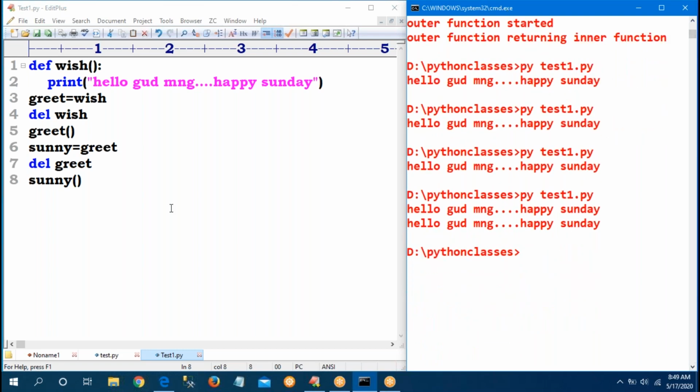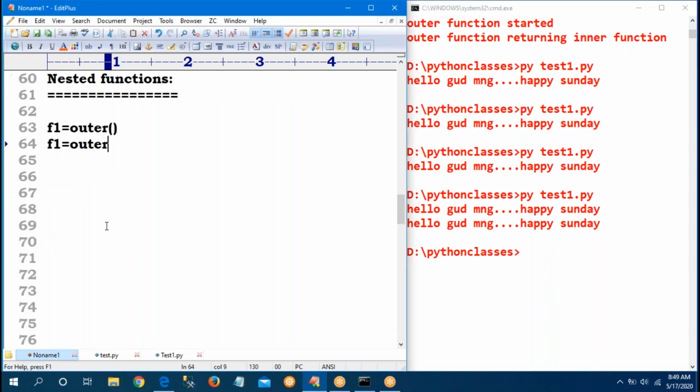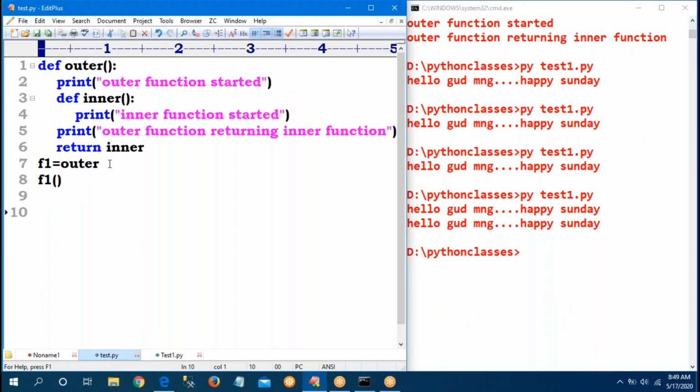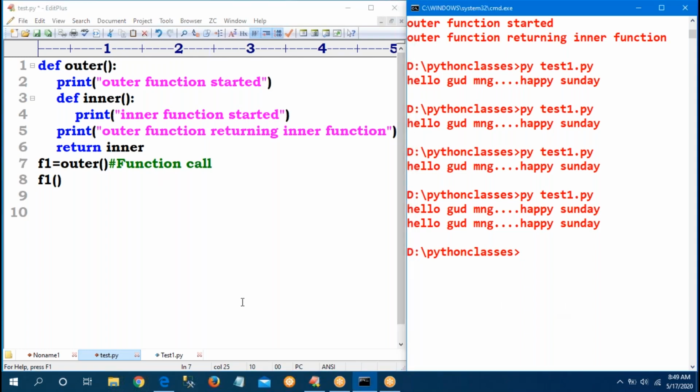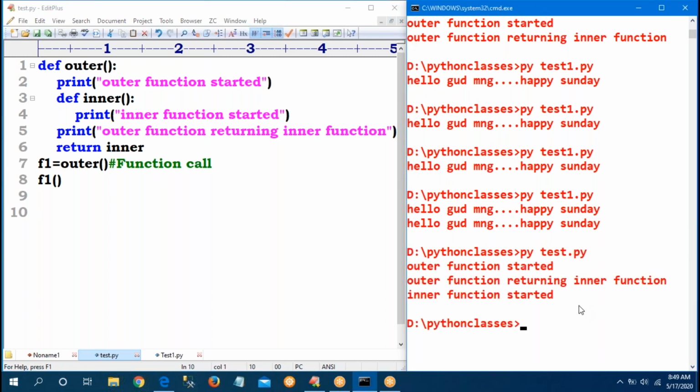So now, based on this, you tell the differences. What is the difference between these two? In my program, first observe this one, outer. Sir, it is called a function call. If I give parenthesis, it is called function calling, inner function also calling.